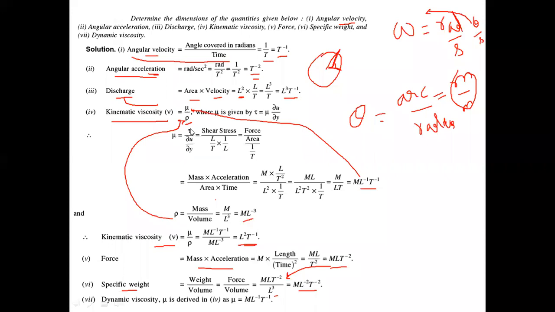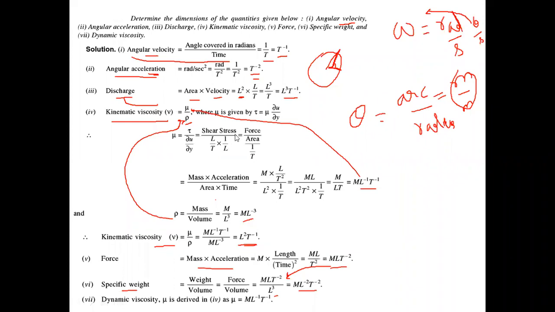Now tau is also a derived unit, but tau is shear stress. Okay, so shear stress को हम क्या लिखते हैं? Force per unit area. And नीचे क्या है आपके पास? du by dy, velocity gradient. Velocity का जो fundamental unit होगा, that will be L by T. And dy you can say it's a length, so again it's a fundamental unit, 1 by L. See, dy is at the denominator, fine, it will be 1 by L. Am I clear?